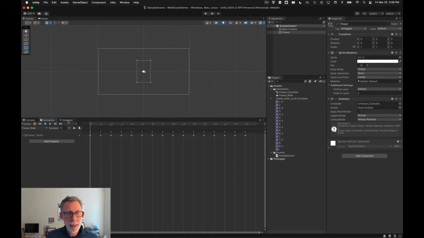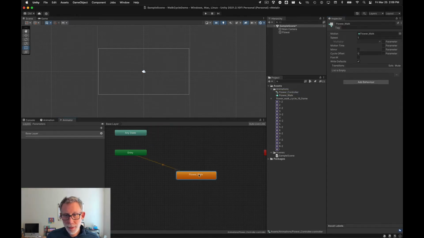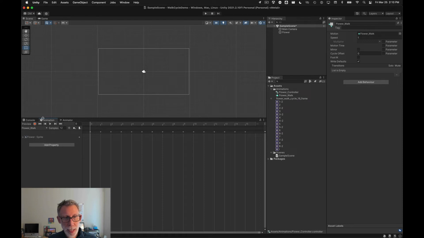The way that you connect these is through the animator component. So the flower has an animator component, and it has our flower controller. And in the controller, we have the references in this kind of node diagram to the different animation clips that we add. So the default one is flower walk. And so that's in there now, and we can preview that in the timeline, in the animation tab. So let's do that now. I'm going to click play here, and that will preview it